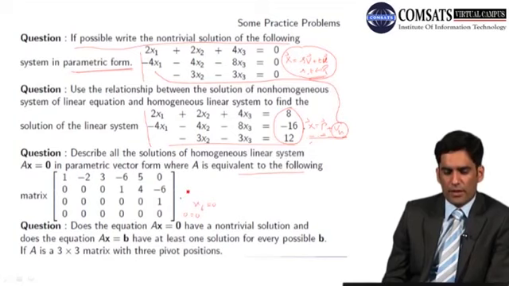The second row gives me x4 in terms of minus 4 times x5 plus 6 times x6. फर्स्ट इक्वेशन जो है ये मुझे देती है x1 equals 2 times x2 plus 3 times x3